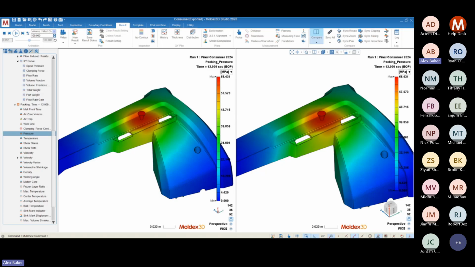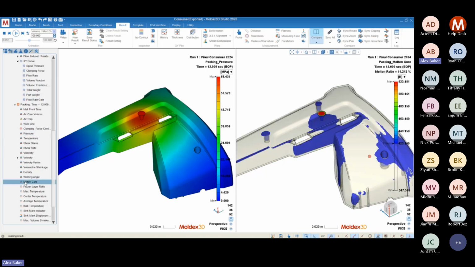All right, so in the right window here, I'm going to put the molten core result item. The molten core shows us where the molten material is in our geometry. So all of this blue material represents molten material. All of the transparent areas are frozen. And so when I'm applying my packing pressure at this point in my cycle, which is 12 seconds into my cycle, 2 seconds of filling and 10 seconds of packing in this case,